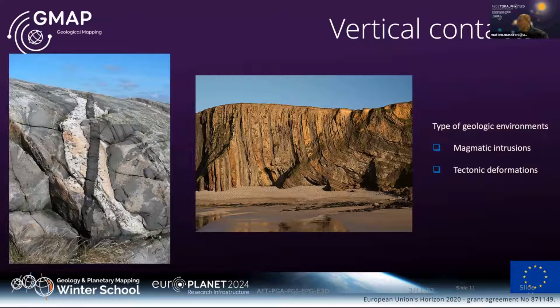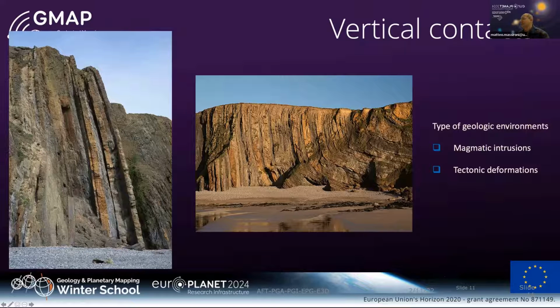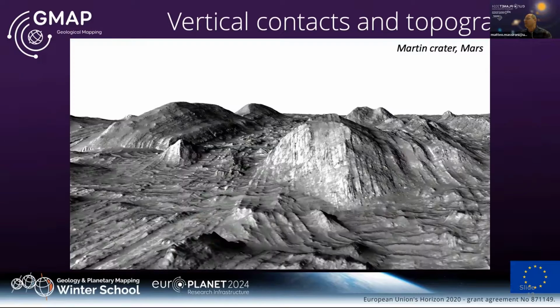Then we have the vertical contact, the other way around, which is normally associated with dikes, volcanic intrusions feeding the magmatism on the surface, for example, or can be associated with stratification that has been tilted, folded, deformed by tectonism. In this case, we can even see vertical contacts in a